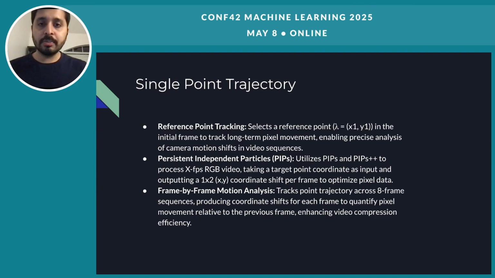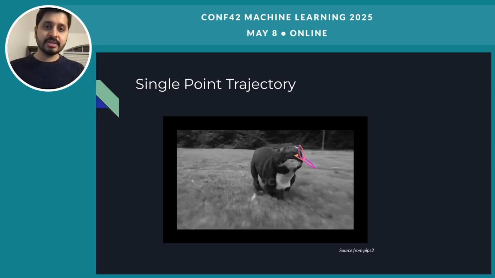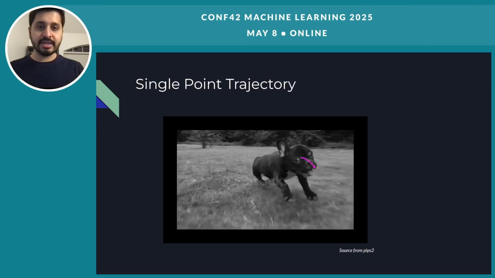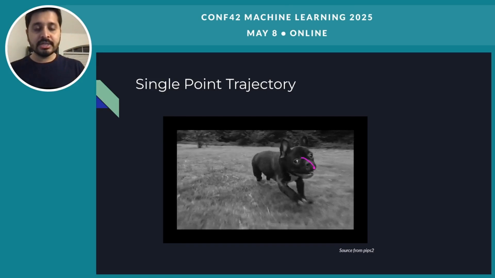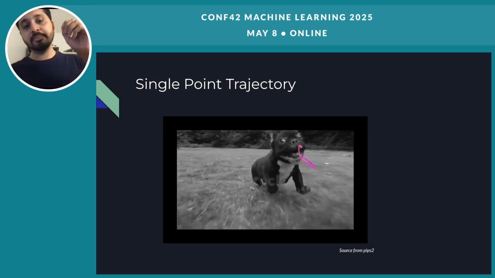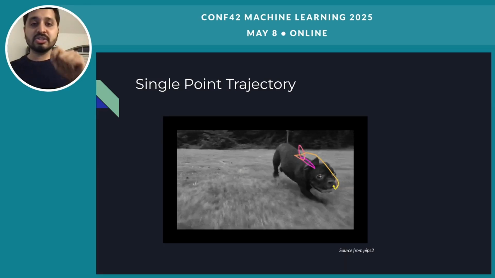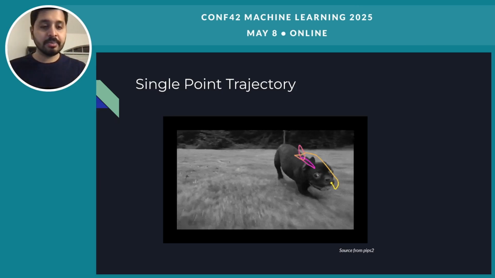So before getting into multi-point trajectory, I'll just show you a quick example of how this tracking looks like. You can see here in this picture, there is a dog running. This is a video where we are trying to track the nose of the dog. So the idea is not to track an object here. The idea is basically to track a particular pixel. And based upon the pixel movement, we can identify what is the redundant or the non-redundant part of it.